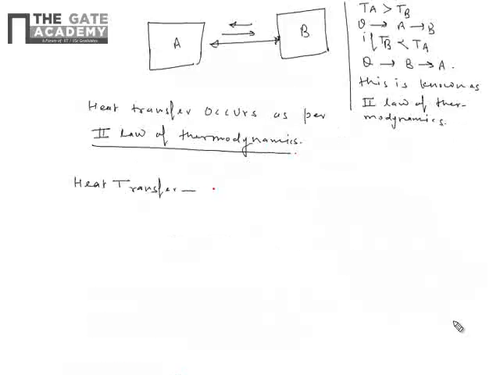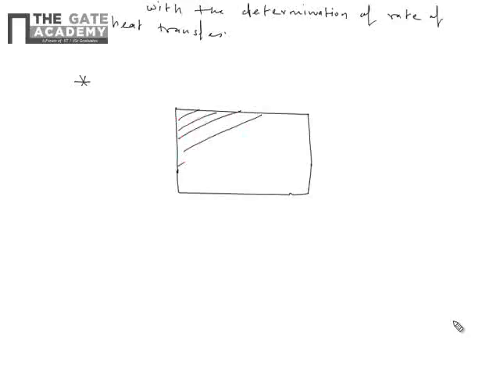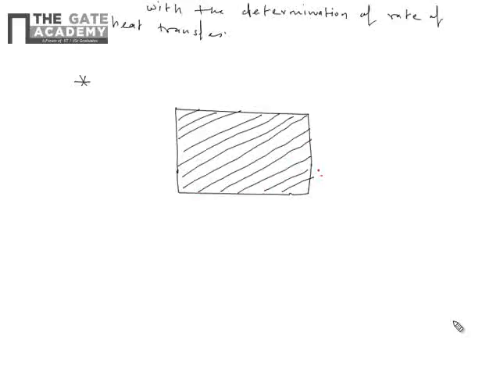Heat transfer we can define as a branch of science which deals with the determination of rate of heat transfer. Heat transfer rate: if this is a body, let us say body A, in which heat is flowing, and we say that 10 watt heat is flowing